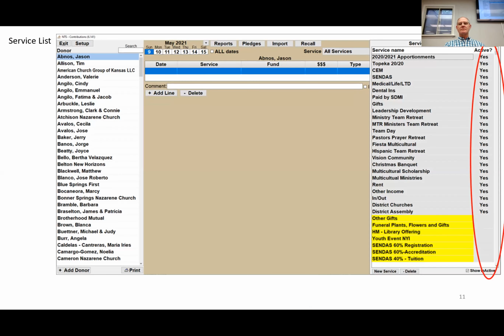Your service list, now obviously this is from the district level. These are different things like you see at the top, it says 2021 apportionments. That's the money that you send in to me. That's important. That's the main thing. And then I have WEF, I have PB, I have MNU, Kansas City District, Kansas City District Plant, SDMI, NMI, NYI. So this service, like for a local church, would be like your morning worship service or